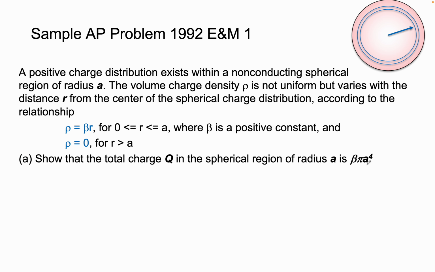So doing that part, I'm going to first solve this part here. Because each different radius has a different rho, I'm going to break it into a lot of thin little shells, almost like an onion, and then add up the charge on each one of these little onion pieces. The total charge then is going to be rho times the volume of this little tiny piece that I've got drawn here. Well, the volume of that little piece you can either get by calculus or realize that, wait a second, it's basically just the surface area of this inner sphere